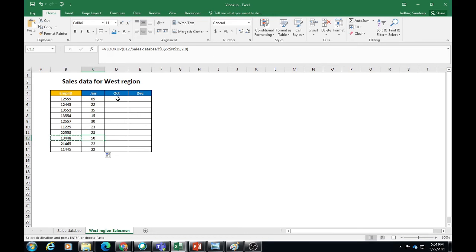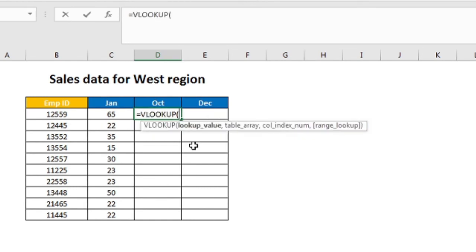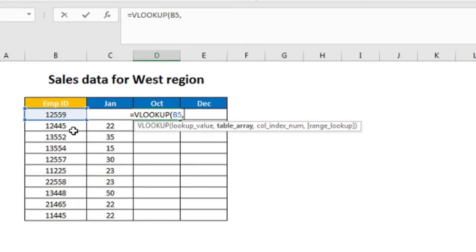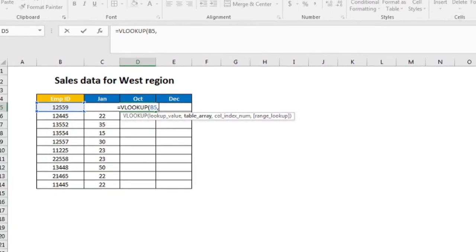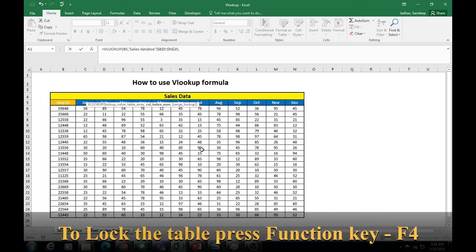I will go ahead and put the formula for October: is equal to VLOOKUP, lookup value. Again, the lookup value is something that we have. The employee ID is a unique ID that we have been given, and this is what we have, comma, table array, which is the database from where we want to extract, and we will select the table array from the employee ID. I selected the table, then I will lock the table, and then again comma, column index number.